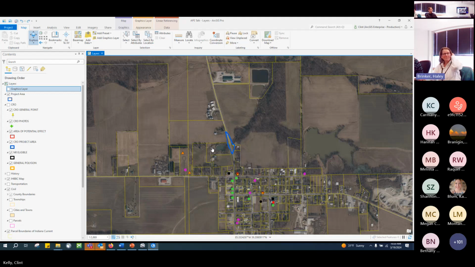A lot of consultants that we see drawing APEs will simply buffer it, which is acceptable. If you go into the CRM, it'll even give you hints on how far to draw it out. But in this case, I'm not sure that a buffer would be the best bet because we have this property that's pretty far out here, but if you buffered it, it would extend out into the town. And this far down does not seem like an appropriate APE given the tree cover and the buildings, right? So this one might be best to draw freehand.